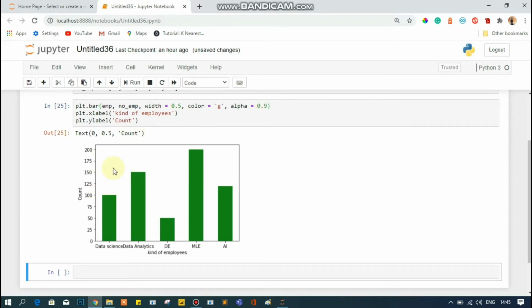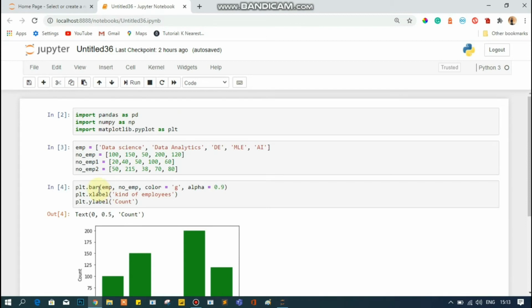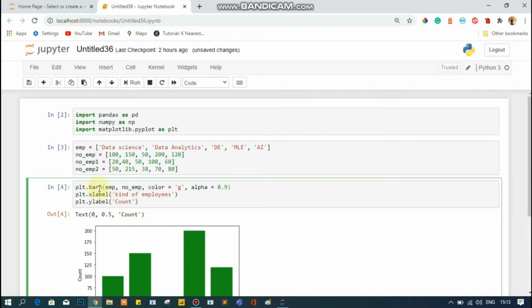Now this is about creating a bar plot. Let's suppose that I want to create a horizontal bar plot. So how do I do that? For creating a horizontal bar chart, I will just pass H after this bar, and in this way our bar plot has been converted to the horizontal bar chart. So let me write here H.